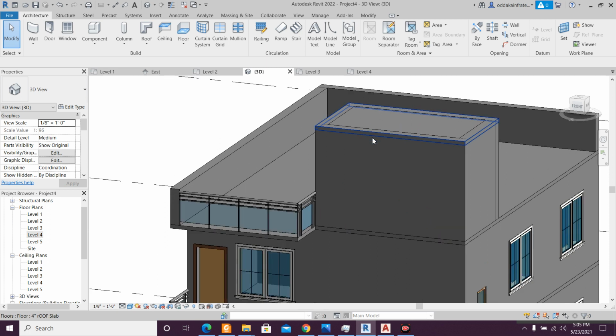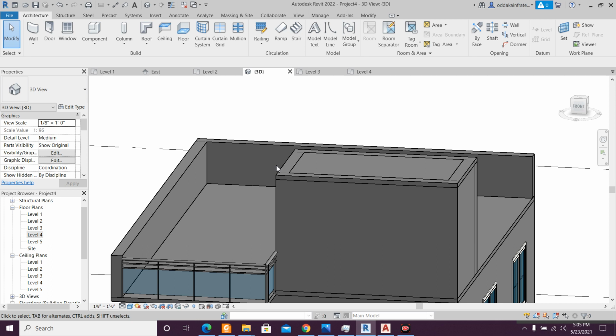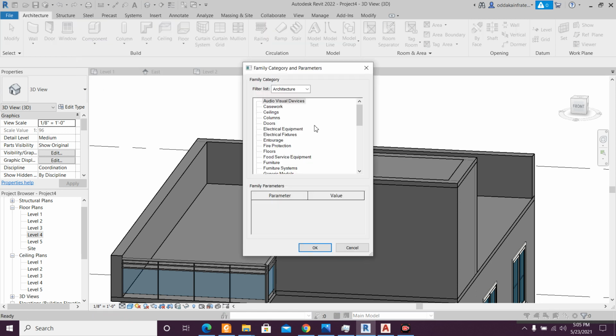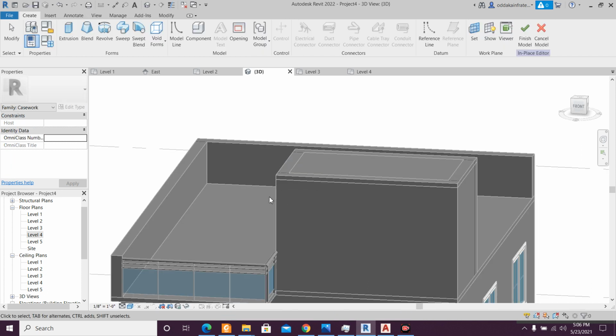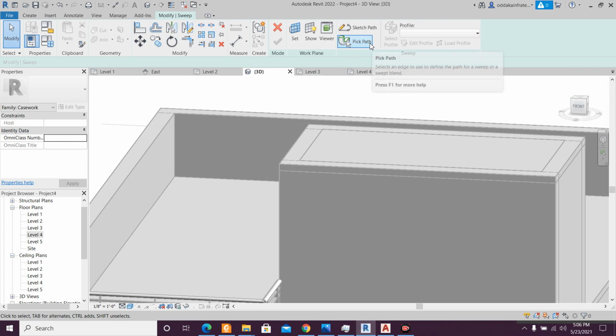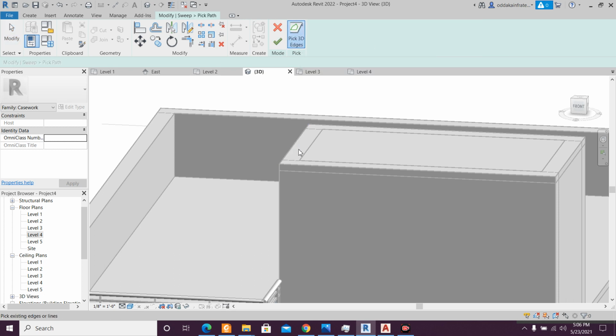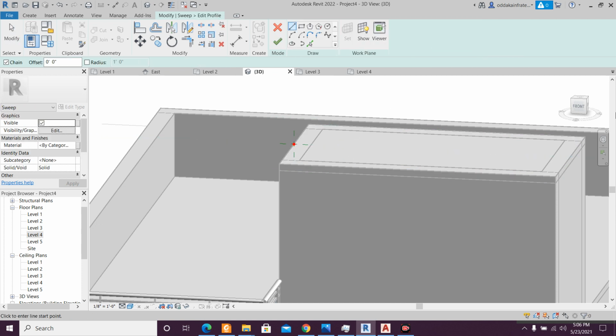So let's work first on the headroom part here. For the headrooms, we can insert some designs. For that, architecture, components, model in place, casework, okay, casework 1, okay, we'll accept that. We will use the sweep command first, and pick path, pick 3D edges, 1, 2, 3, 4, done. Edit profile, let's go to the front view